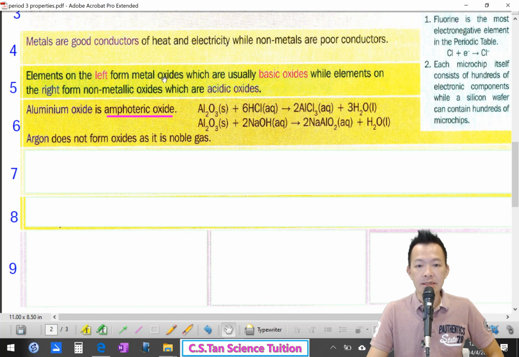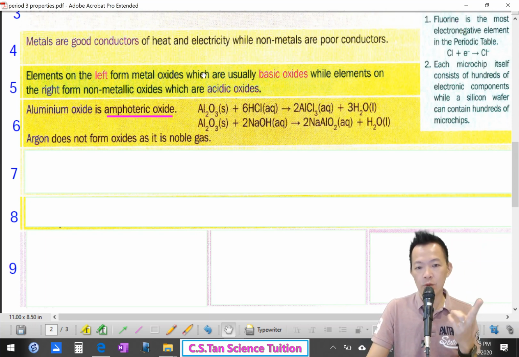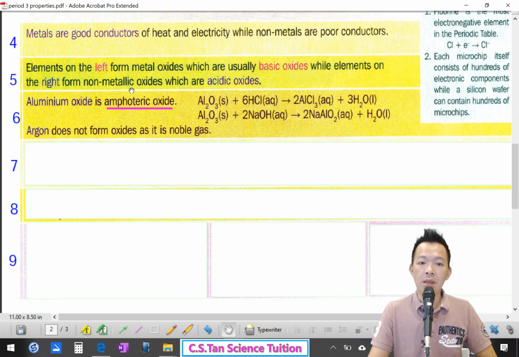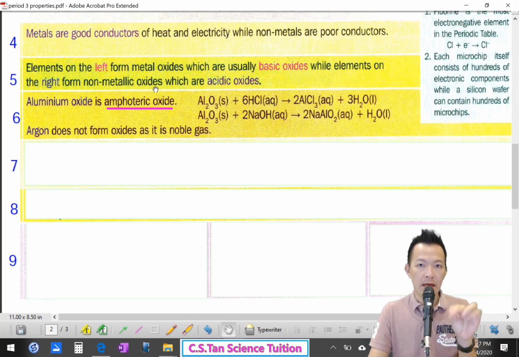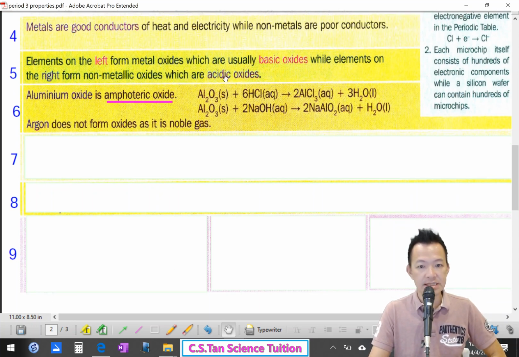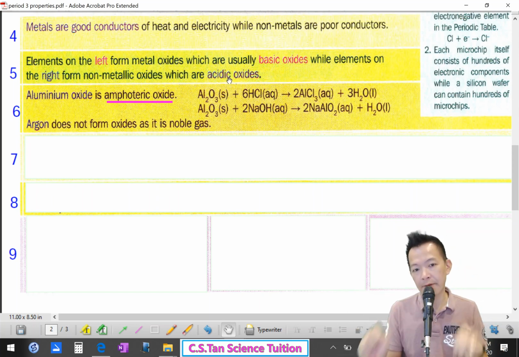Element on the left form the metal oxide, which is usually basic oxides. Sodium oxide, magnesium oxide on the left, they form the metal oxide, which are usually basic oxide. 它们形成的 oxide 就是金属的 oxide, and they are basic. 它们都是 basic 的。While element on the right，不过右手边的元素啊，they form the non-metallic oxide, which are acidic oxide. 它形成非金属的 oxide。And the oxide are acidic. 这些 oxide 呢是酸性的，OK？So this is something very important. 左手的是碱性的，右手边的呢是酸性的。